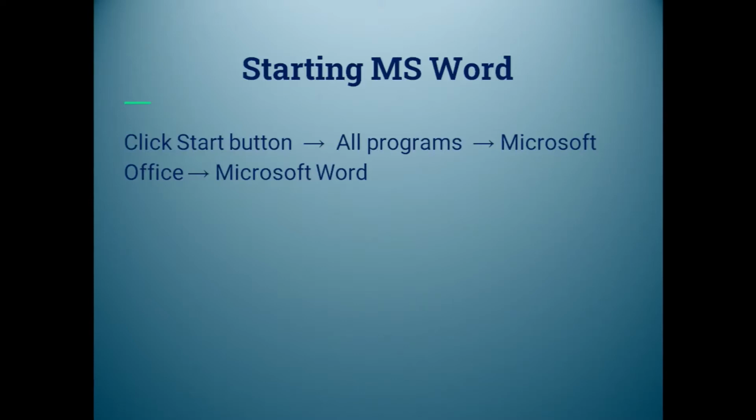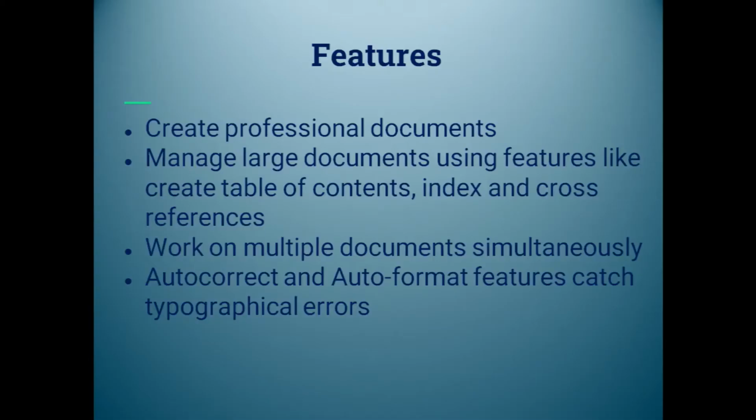If you have Microsoft Word, whatever version you have, suppose it is 2007, 10 or whatever version, you can just open that version. We are discussing Microsoft Word 2007 version now, but if you have the recent or updated version, it's no problem, you can use that version. The main basic features will remain the same. The advanced versions will have more features. So the interface will have a little bit of difference, but most of the features will remain as they are. So we will discuss the features of Microsoft Word.